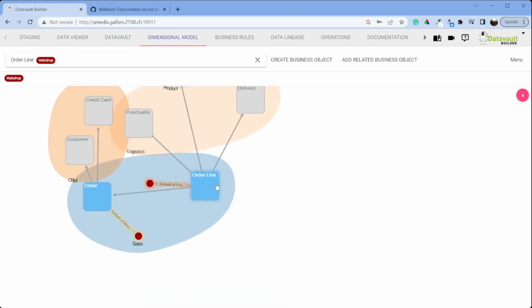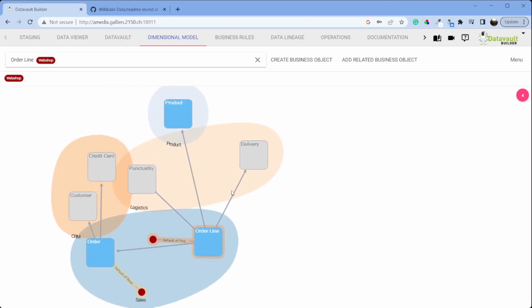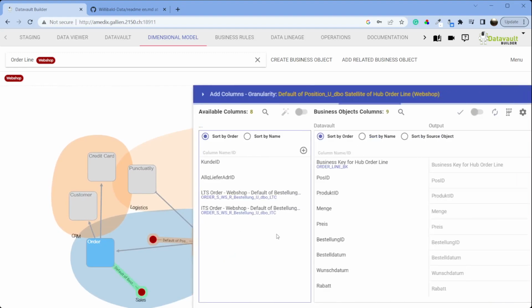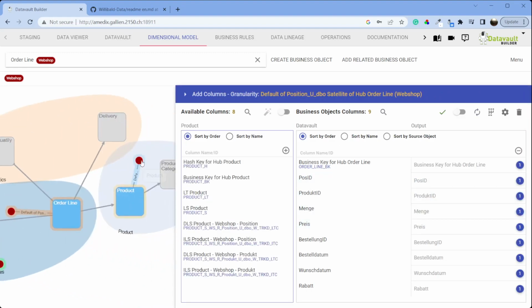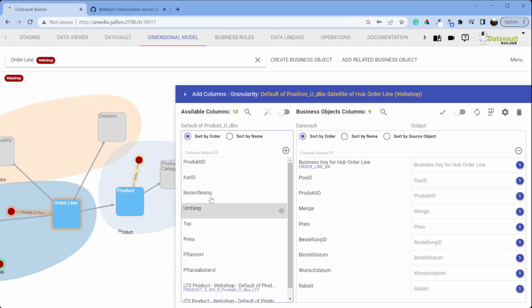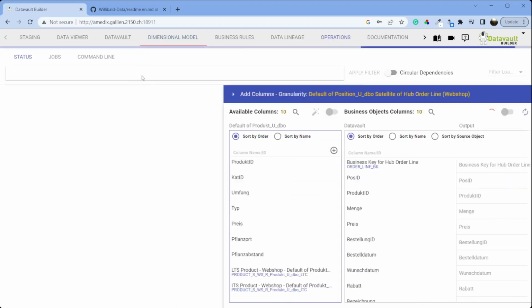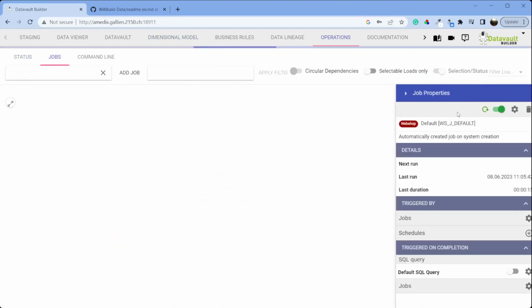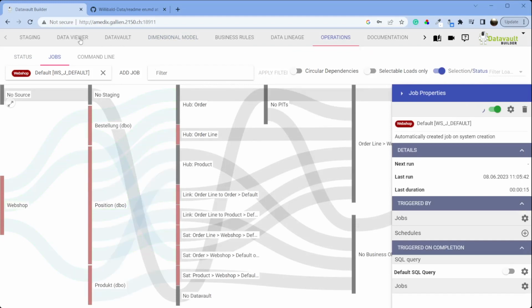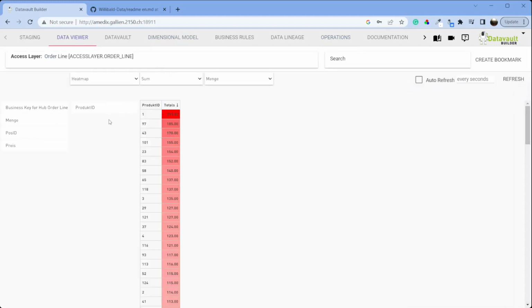And now we could as well extend here our order line. Now the product is here as well in blue. If I double click it, it will load the satellite connected to it. Let's add here maybe the name. And let's go to operations, reload everything. And we can now go back to the data viewer. And if we refresh here the interface that was updated constantly, we will receive in a few seconds here as well